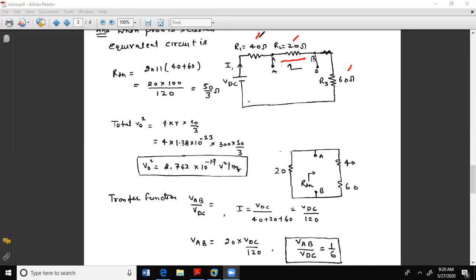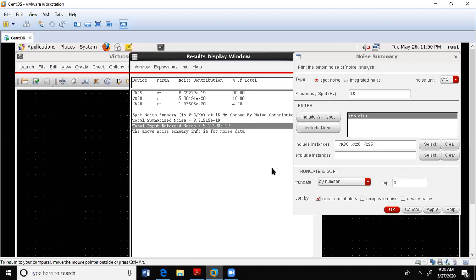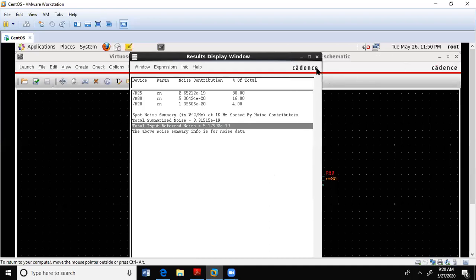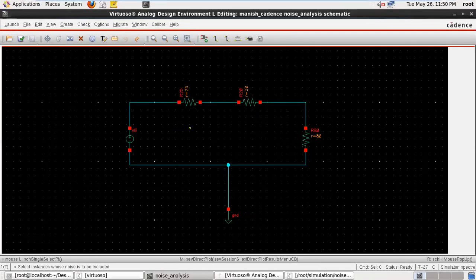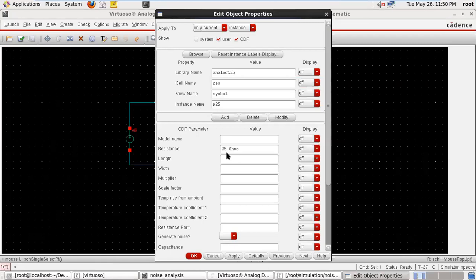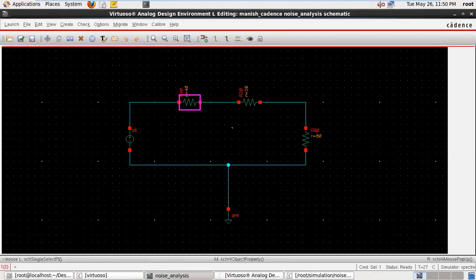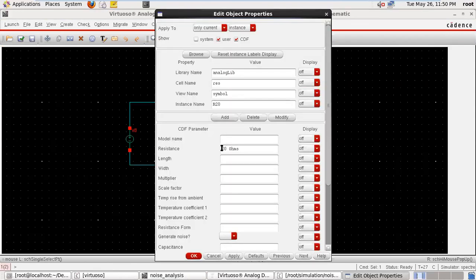So first, let's change our circuit to 40, 20 and 60. Just close this window. Now change the resistance value. This resistance is 40 ohm, and I am changing the resistance name to 40 also. Apply. The second resistance value is 20.